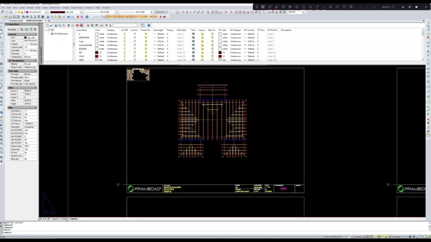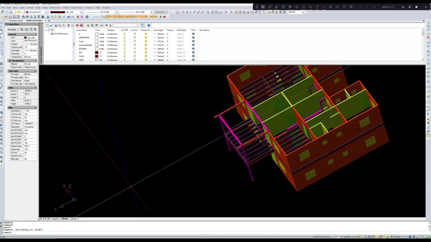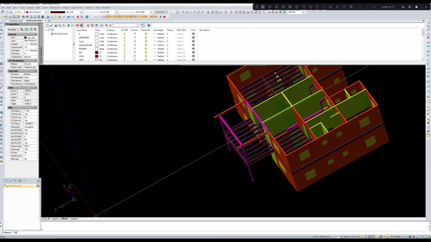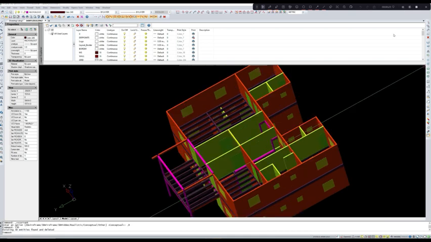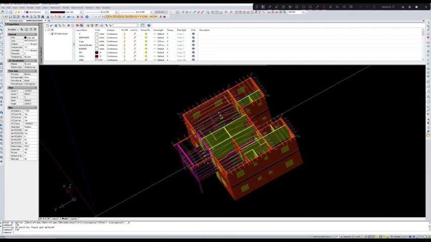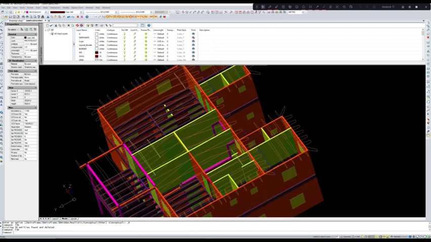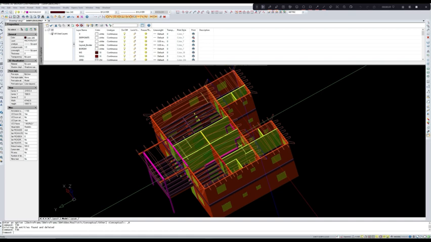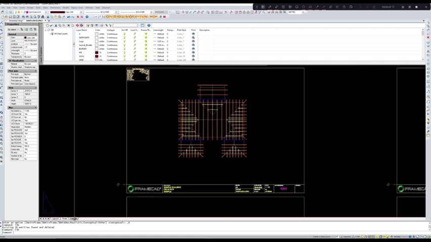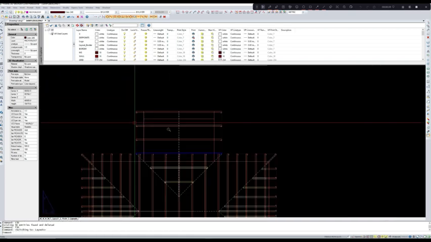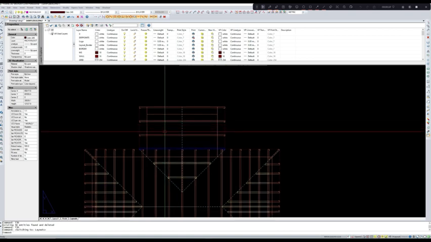So now go to our 3D model. Now let us issue a command of T3D. So you can see the trusses have been created in the 3D model. Let us go back to the layout. We have to make these trusses as